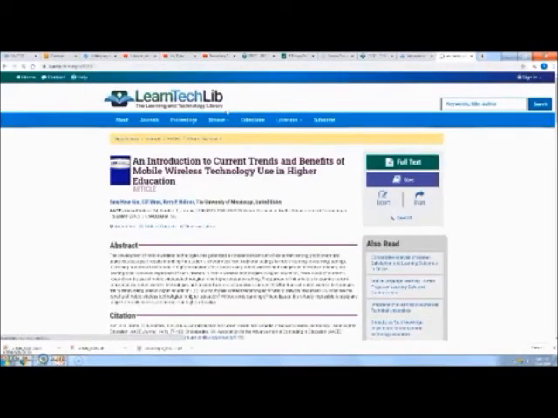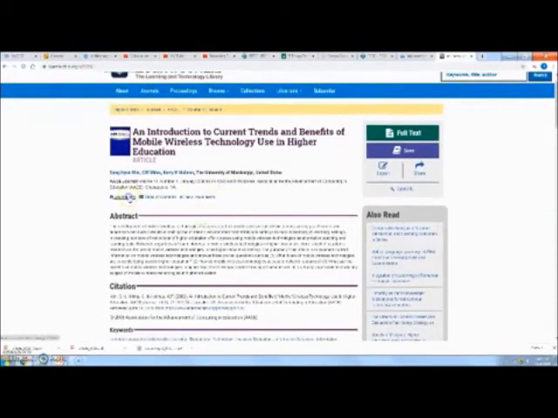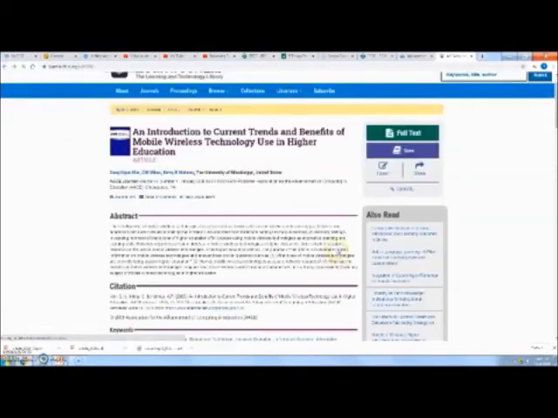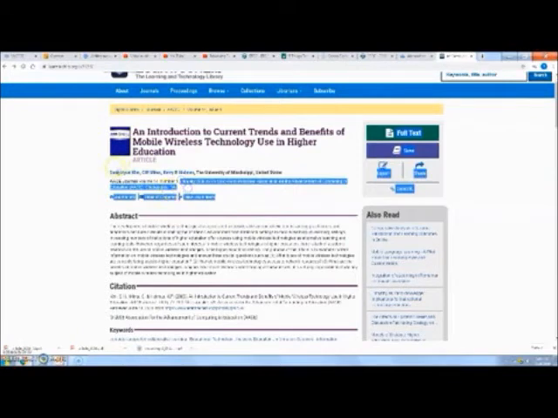You might have to do a little bit more work with EBSCO to make sure you have the reference formatted. Sometimes they don't provide the formatted reference. Let's see if it does. So this is your citation information.